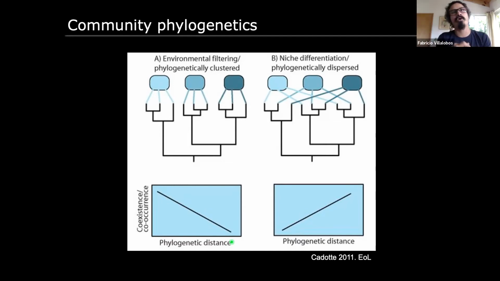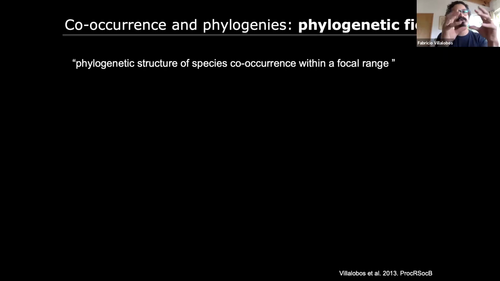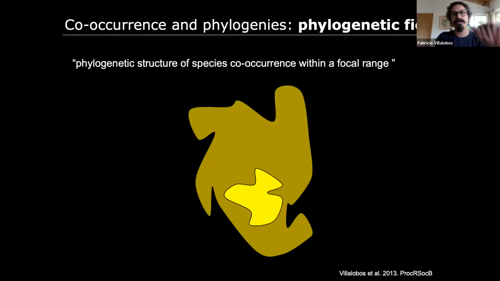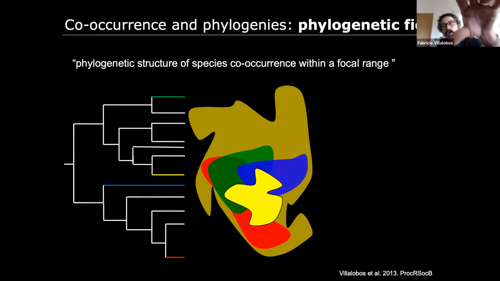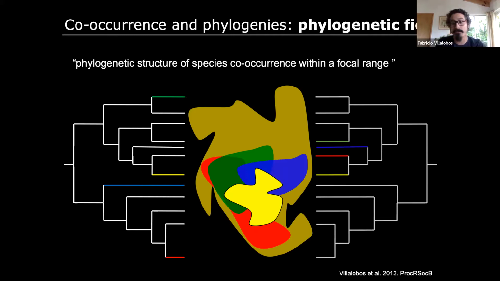And usually that type of approach is based on local sites, where you have a community. And our argument here is that we can use that to study whole ranges, right? So if we export that idea to the whole distribution of the species, we can think about the phylogenetic structure of a species within a particular focal range, right? So for example, we have this species here in yellow, and we have these other species that occur with it across the distribution. And those other species can be distantly related, right? Overdispersed pattern, or they can be closely related, or they can be randomly related, right?